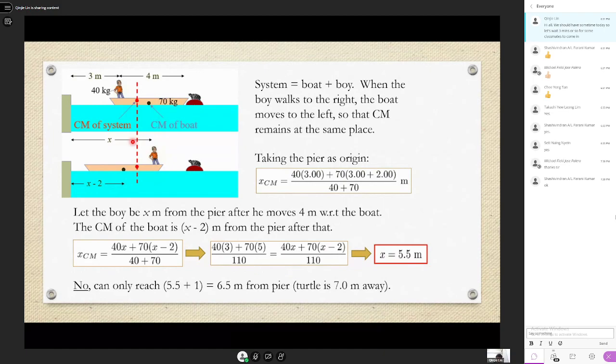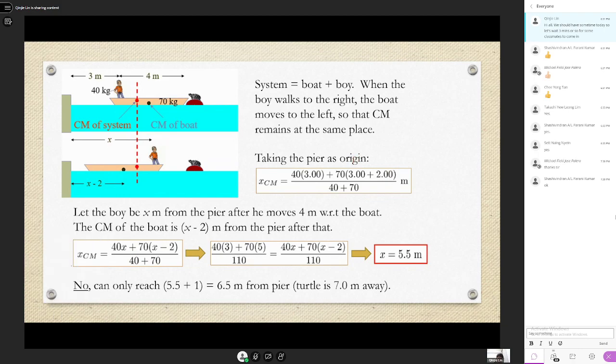So with this x, we can write out another expression for xcm. So xcm in this case must be 40, which is the mass of the boy, times x, plus 70, which is the mass of the boat, times x minus 2. Okay, and divide by the mass. If you equate this to this,